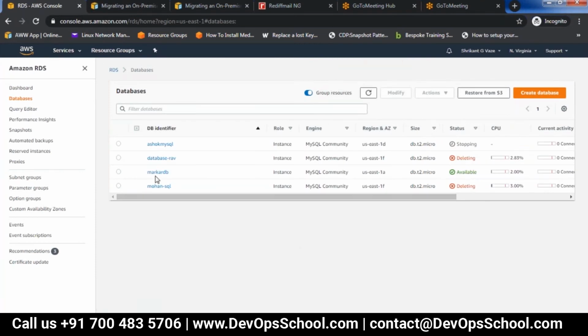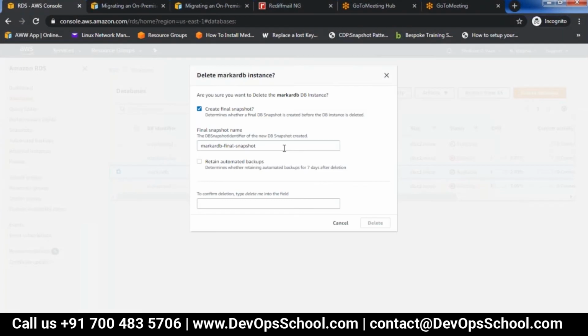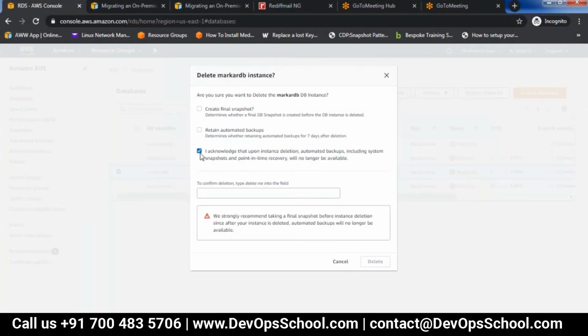Okay. So marker DB, please go ahead and delete it. Srikanth, I tried to delete that Ashok MySQL, but it's not enabling this delete option.